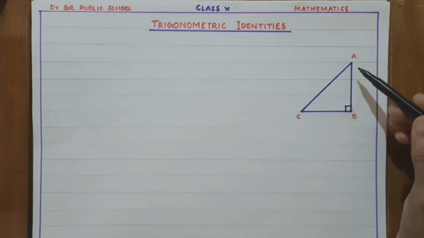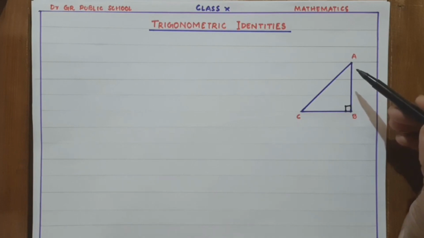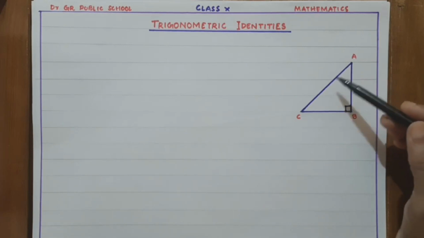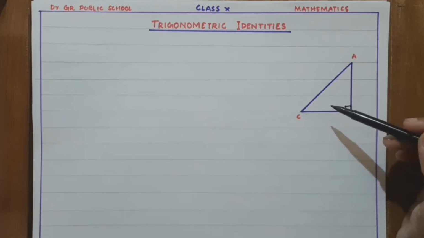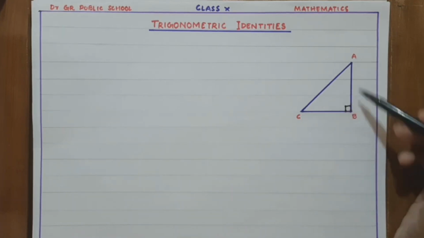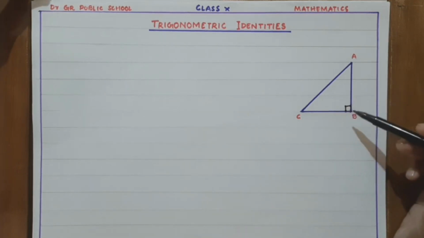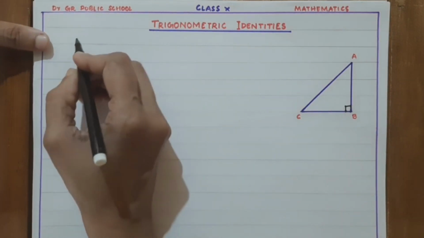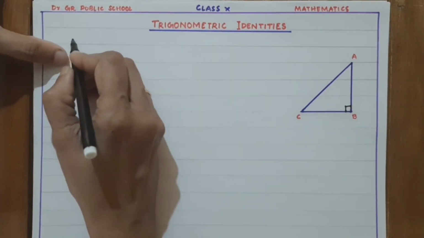So, let us consider the first one. Okay, first one, I am not saying the identity now. When we derive, you can see which is the first trigonometric identity. So, first we are considering this right triangle ABC. Okay, so we can start in